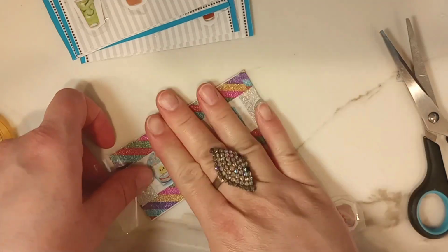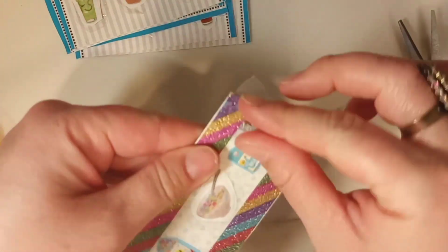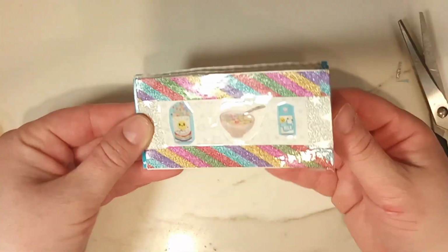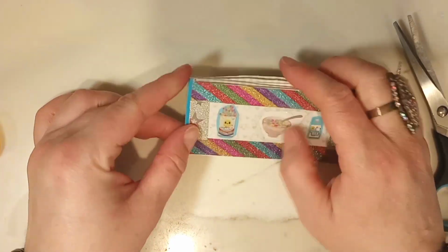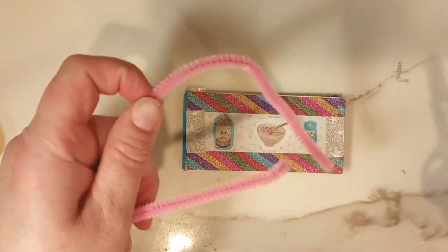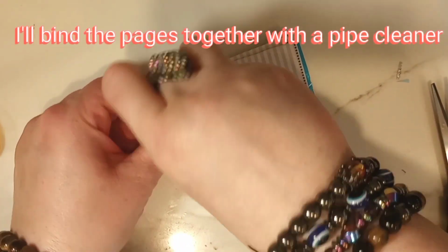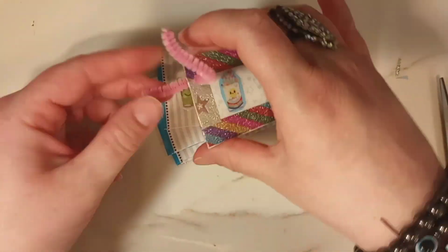So I'm going to cover the whole thing with another thick layer of tape and then put my sticker and finally just fold over the extra tape. And now comes a little bit of a complicated part. You're going to need something sharp like the tip of a scissor, a pen. I like to use a little nail that you would hammer into the wall, and that helps me to poke a hole in each page right in the same spot so that I can add my pipe cleaner through,